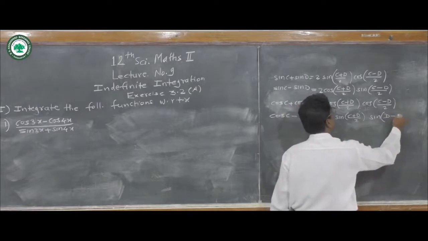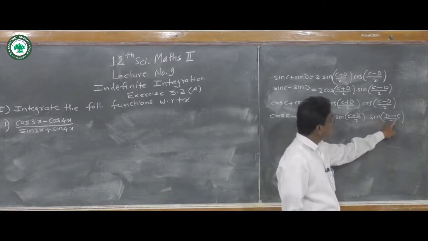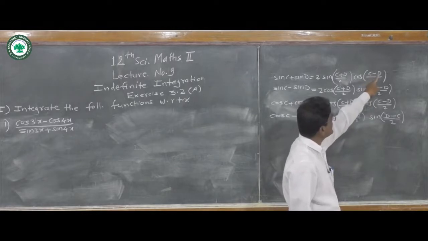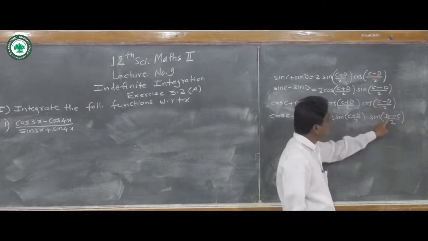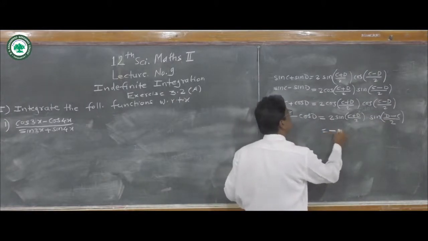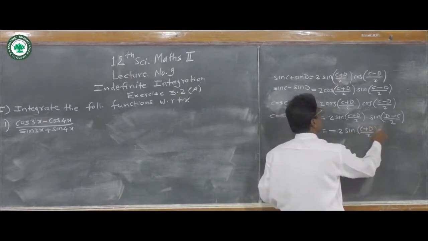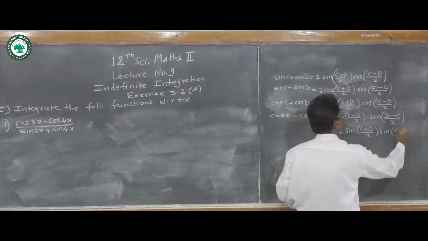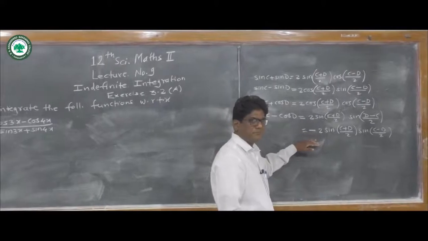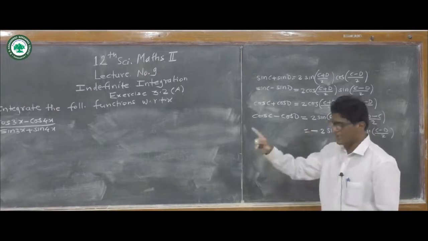Here take d minus c. In the last formula, take only d minus c divided by 2. Otherwise, in the other 3 formulas there is c minus d divided by 2. And if we want to take c minus d here, take a negative sign before this, so minus 2 into sin of c plus d divided by 2 into sin of c minus d divided by 2. We may use either this formula or this formula. So these are the 4 very important formulas. We must know these formulas and then we solve this problem.